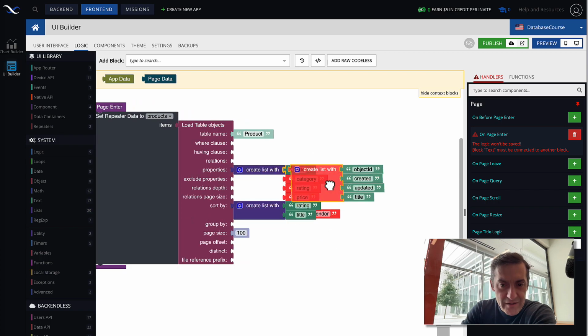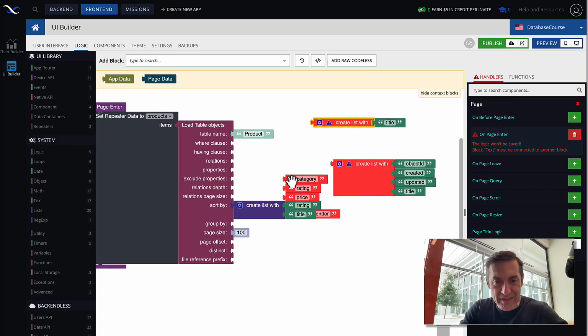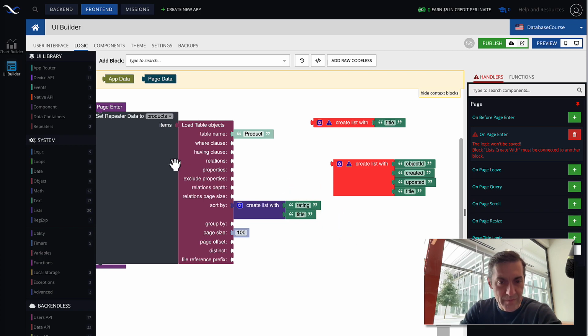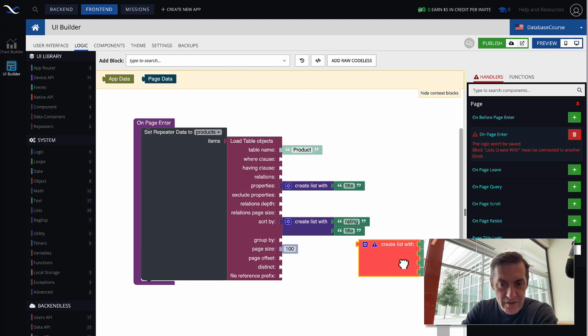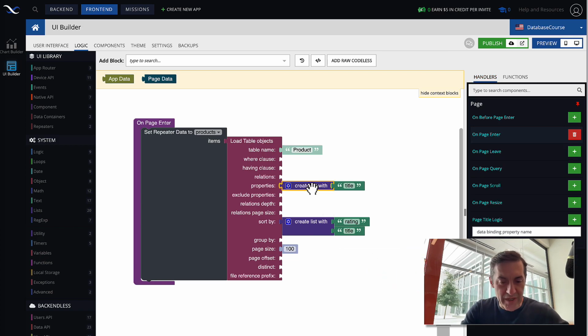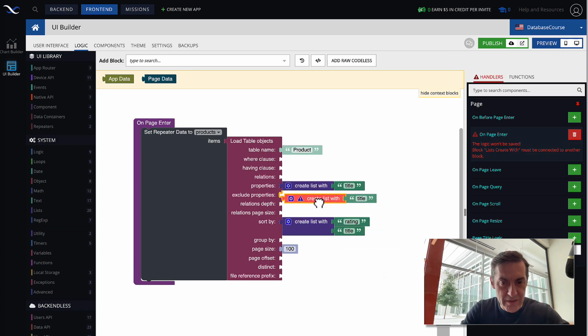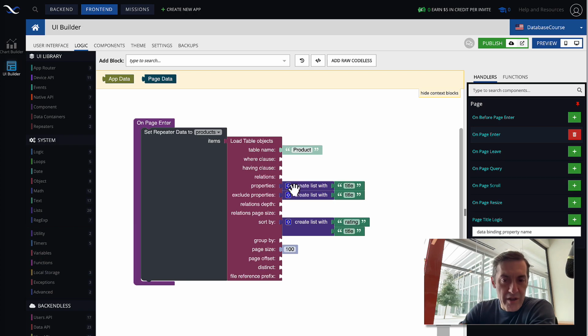And I'm going to clean this up a little bit because there are a lot of disconnected blocks. And let's reconnect properties, and let's duplicate this for the exclude properties. So for instance, we're including title and we're excluding title.